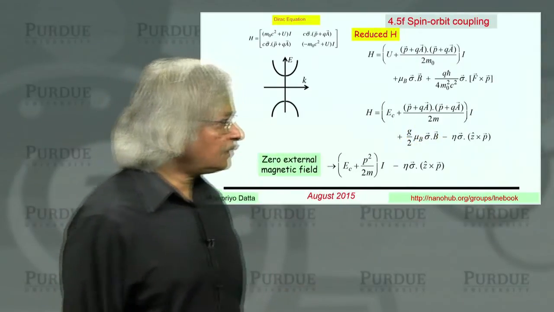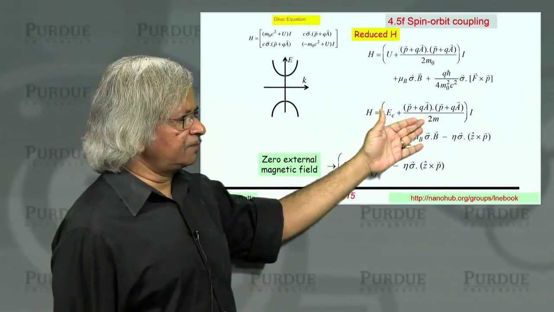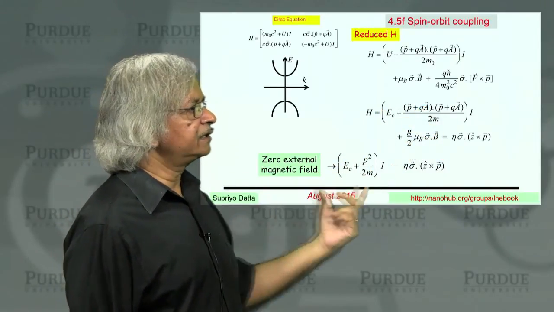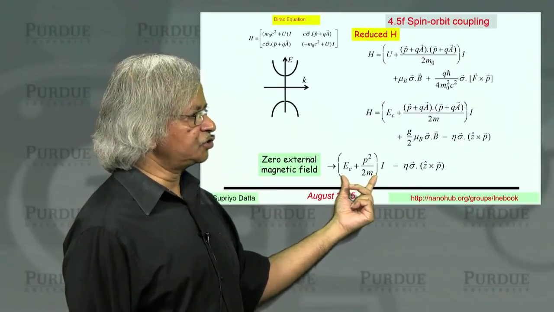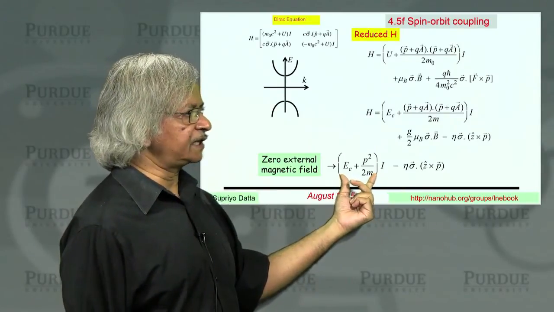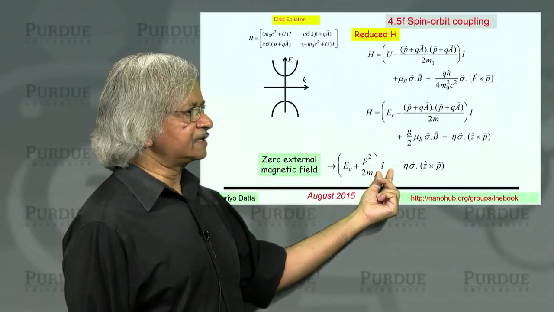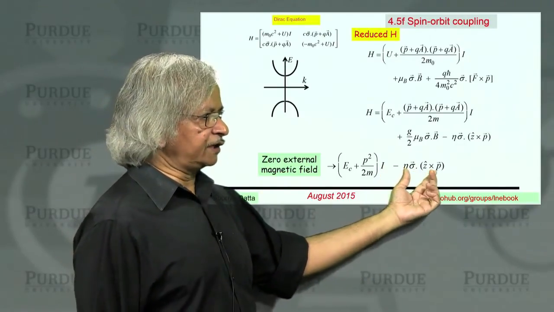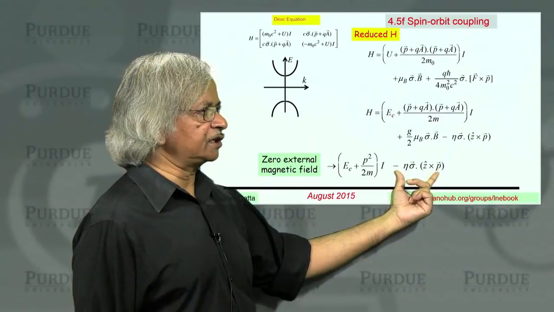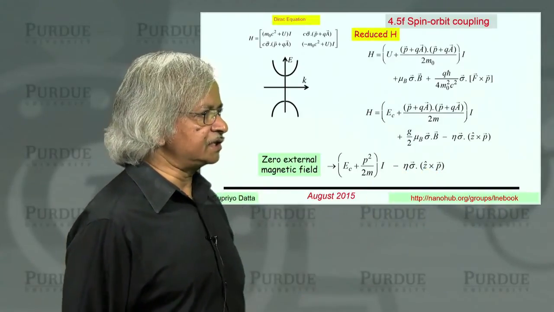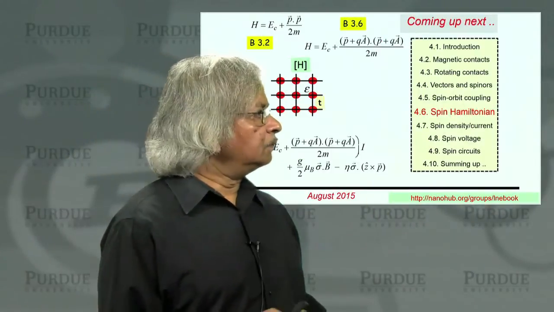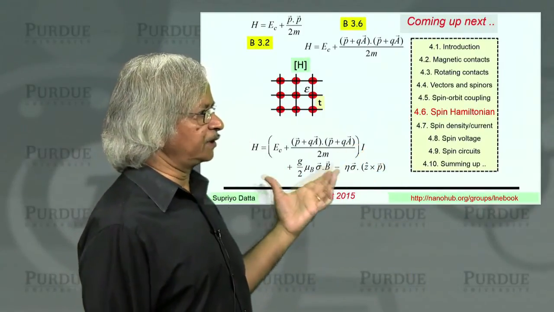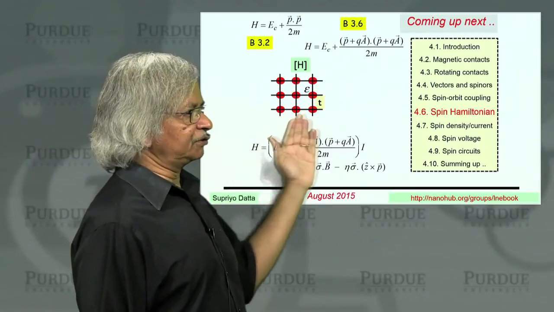Now, if you do not have any external magnetic fields, then there's no B or A, and so then you get something like this. This is our usual Hamiltonian without any electric fields. There's the I, and then there is this Rashba term for the surface of a two-dimensional conductor, σ·(z cross p). So with that description, we have the spin orbit Hamiltonian that we want to talk about.